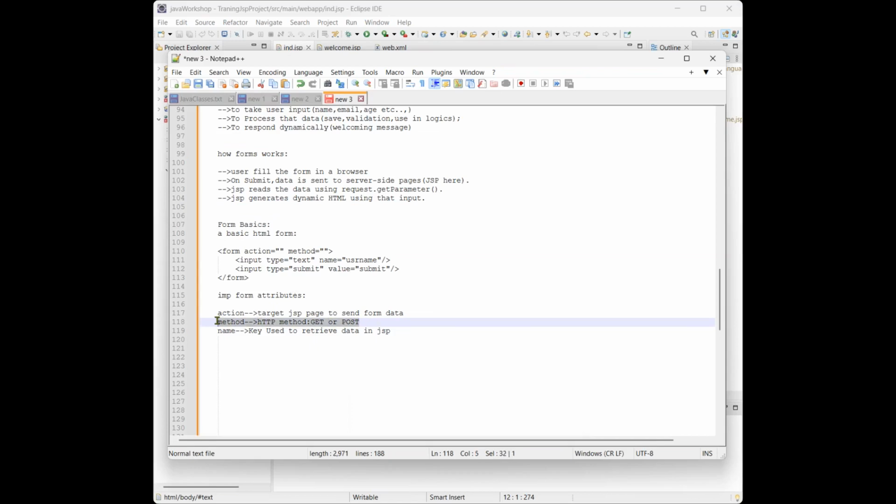In this method attribute we need to give the GET method or the POST method when you are taking the form in your pages. So what are the major differences between GET and POST? When you use the GET method in the form,